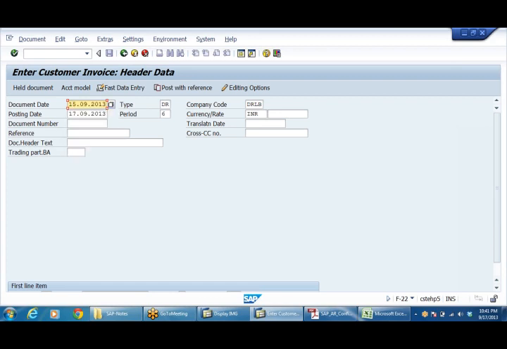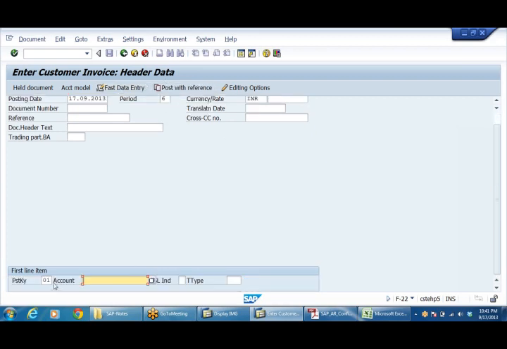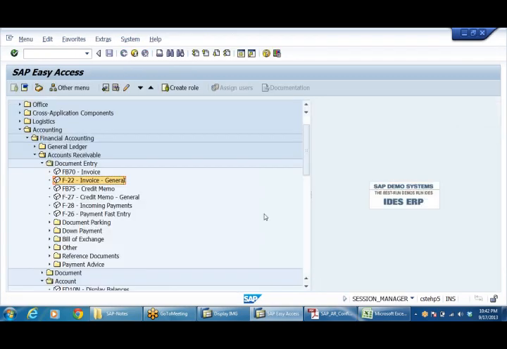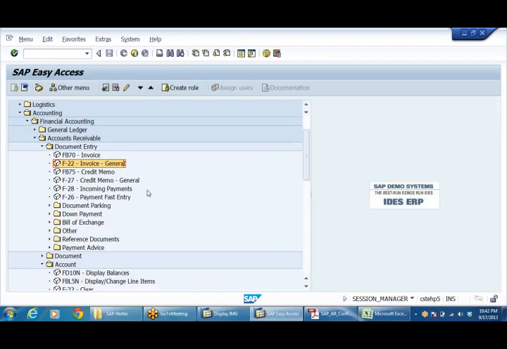Today's date. Here, customer credit memo, F-27. You can give FB75.